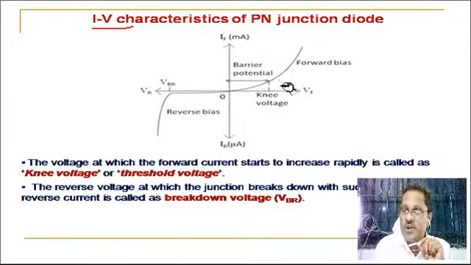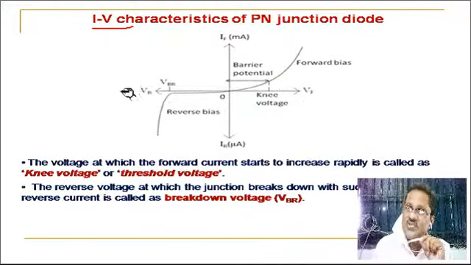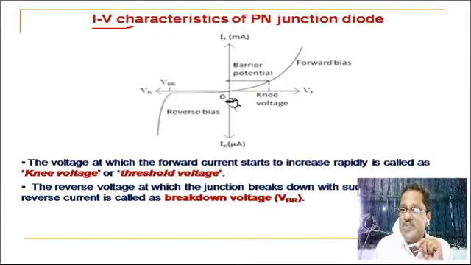Now during forward biasing, this is the applied voltage. We call it the forward voltage here. This is the positive x-axis, we call it forward voltage. The negative x-axis, we call it reverse voltage. Same is the case here. Positive y-axis, that is current, we call it forward current, which is measured in milliampere, and the negative y-axis is called the current denoted by IR, which is measured in microampere. IR means it is the reverse current.